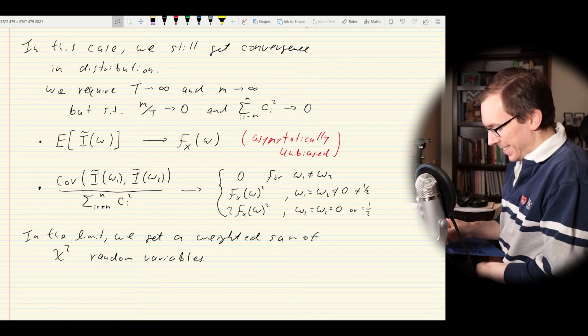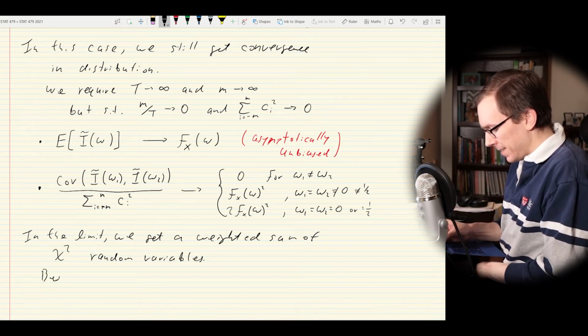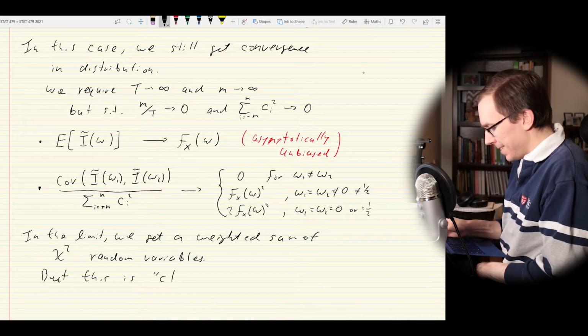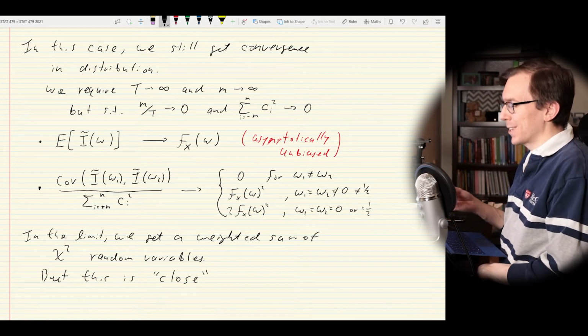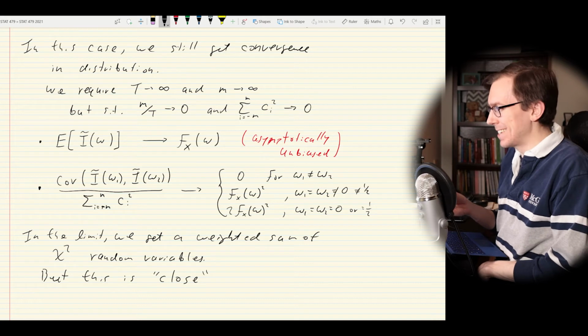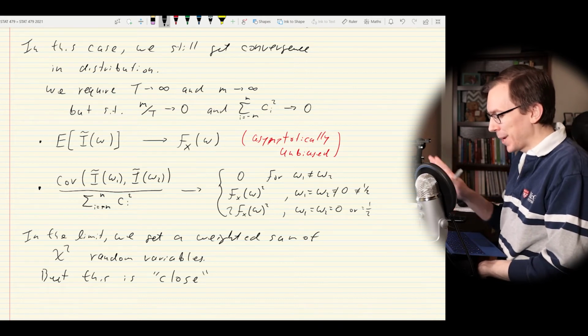Instead, this is close, which I'm going to put in quotes because I'm not actually sure how close it is and in what metric it's considered close. This is more of just a hand-wavy statement